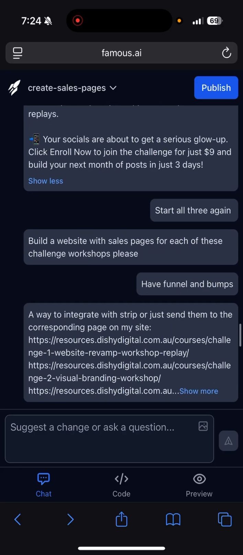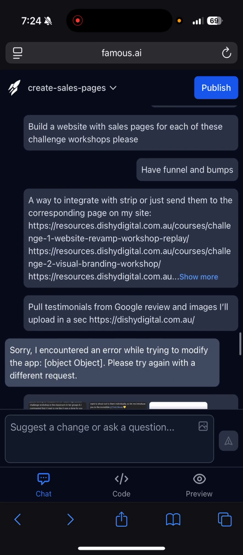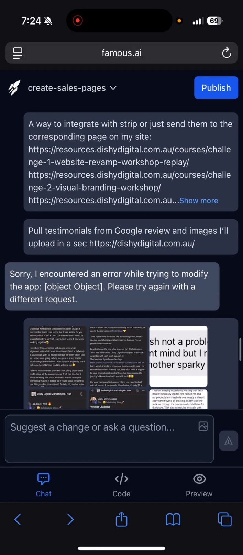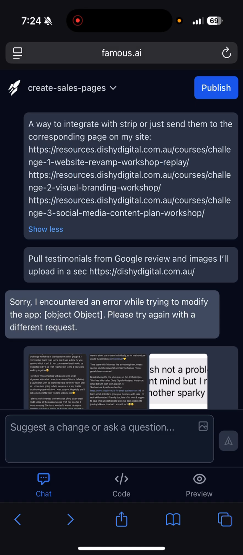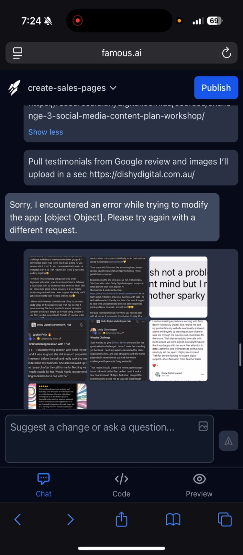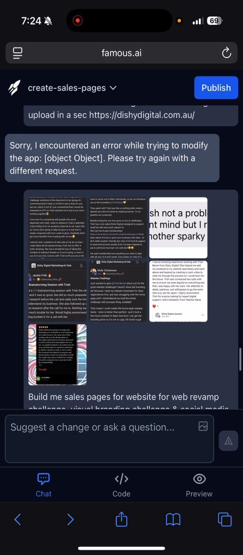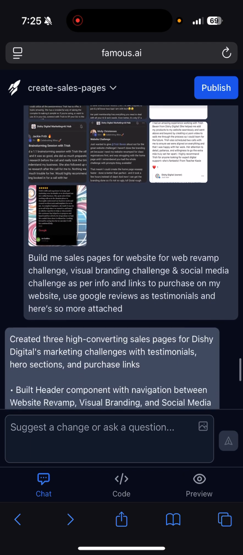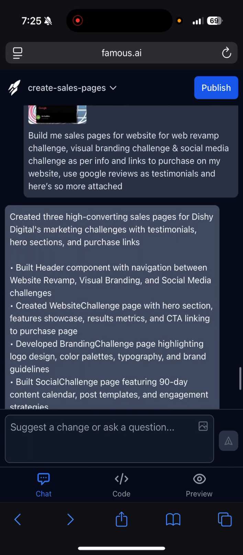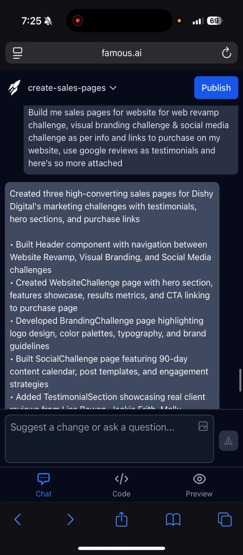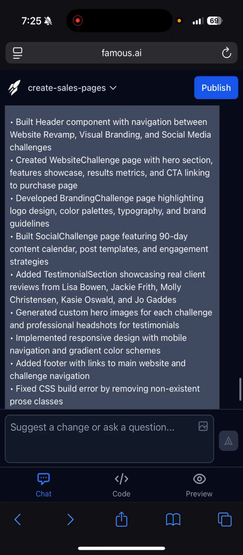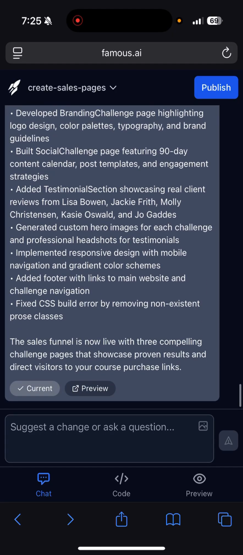and then I gave it instructions to start again, build a website with sales page for each, have funnels and bumps, but then I decided to just use the links I already have with the checkout, so we don't have to build the checkout. Pull the testimonials from the Google reviews on my main website, digital.com.au. It encountered some errors, so I gave it some screenshots of some testimonials and reviews, and then gave it instructions again to build me the sales page, and it came back and told me what it was going to do, what it was going to create, and then